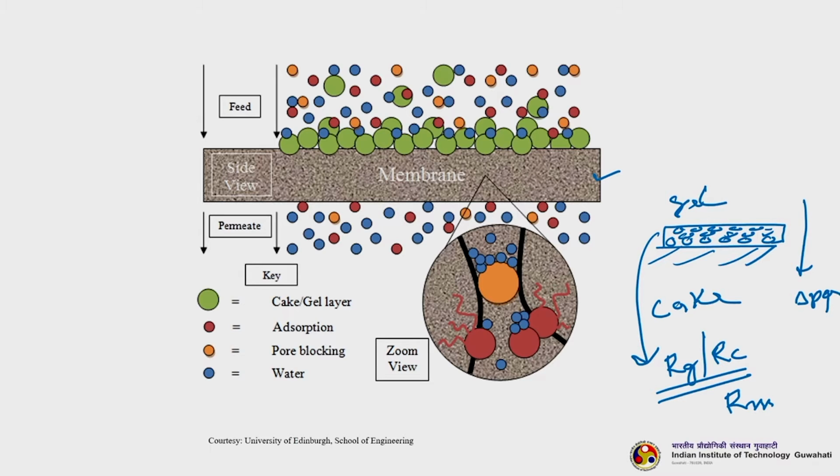So, you can see in this particular figure, adsorption, pore blocking, all these things are happening. It depends upon what type of molecules you are processing, or what are the components present in the feed. Remember one thing, a particular feed stream may contain so many different types of solutes, right. Out of that, one solute may be of your interest. Let us say in this particular example, we want to harvest algae, that means we want to retain algae on the surface of the microfiltration membrane, and apart from algae there are so many other components also.